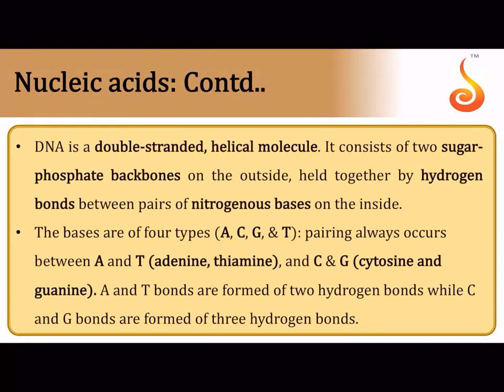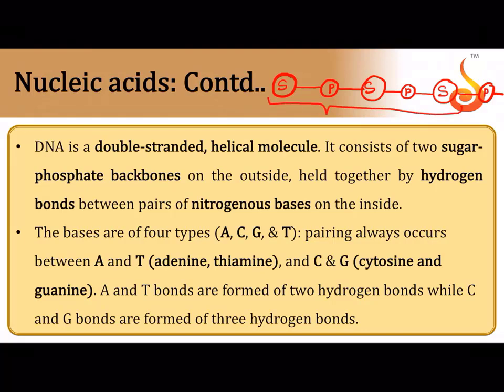And another important thing is, if you were to consider the beaded chain slightly differently, let me write it here: sugar, phosphate, sugar, phosphate, sugar, phosphate, and so on. So SP, SP, SP. The main backbone of the beaded chain has sugar and phosphate. Then you may ask, where is the nitrogen base? The nitrogen bases are disposed at right angles to the sugar molecule. So now don't you think you have S, N and P? S, N and P together make up one nucleotide.